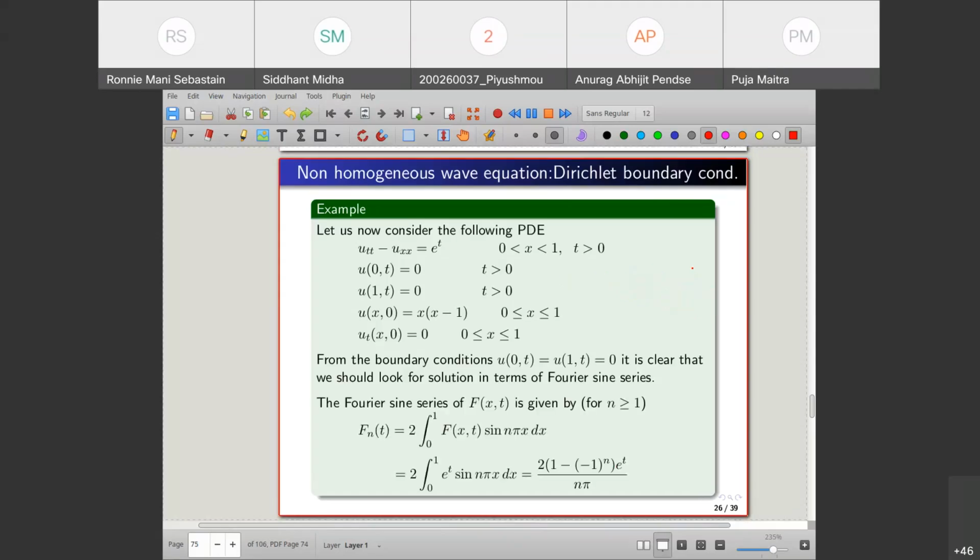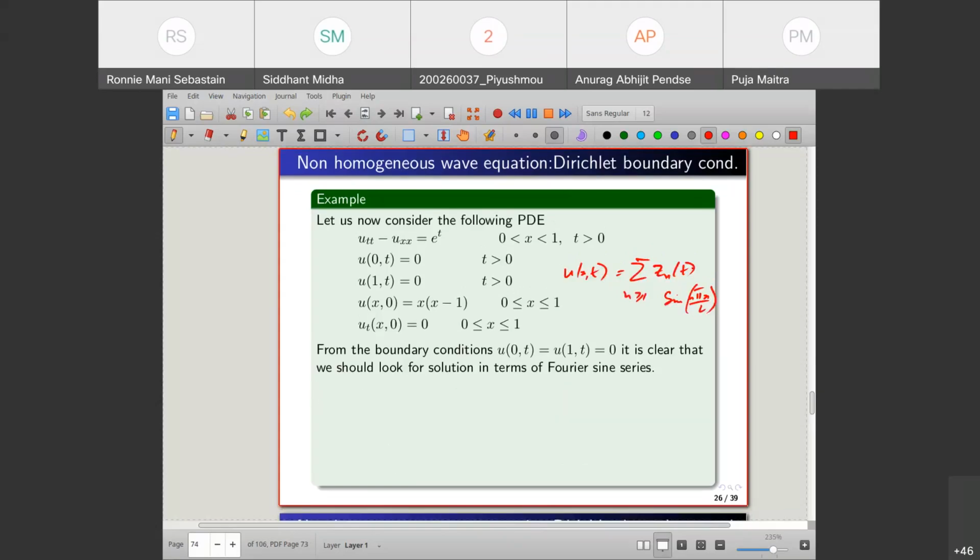So if you remember, what do we need? We need that u_tt minus u_xx should be equal to e to the power t, and this is going to be equal to, if we assume that there is a solution,